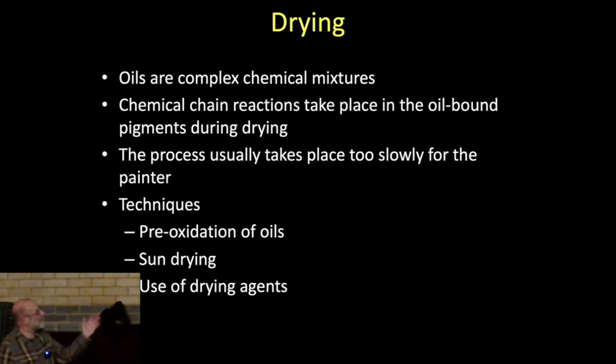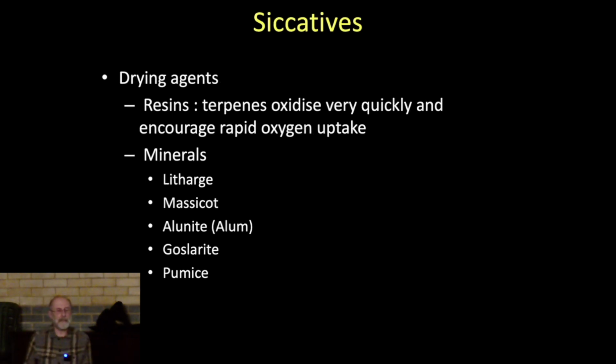Well, it says here, as you can see, that oils are complex mixtures of different chemicals, especially when you consider the different sorts of binding agents that were used. This meant that the various pigments, when they were bound into this oily matrix, because drying time was so slow, tended to react with each other and give different colours to what the artist was expecting. So a series of drying agents was introduced, called secatives, and that meant the artist had a bit more control over drying time